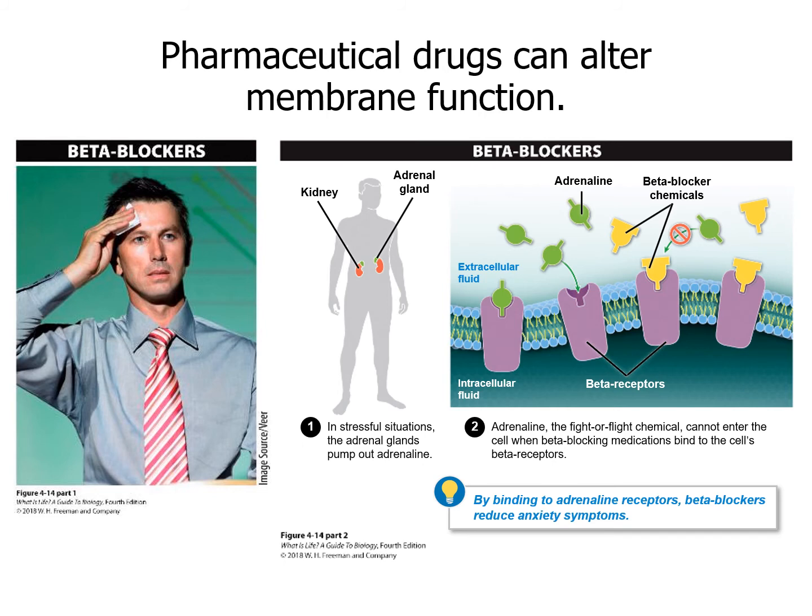It's going to get you all hot and sweaty and ready to go, ready to fight or ready to run away. It cannot enter the cell when beta blocking medications bind to the cell's beta receptors. So it is going to inhibit the adrenaline from